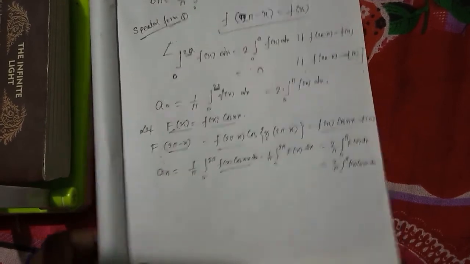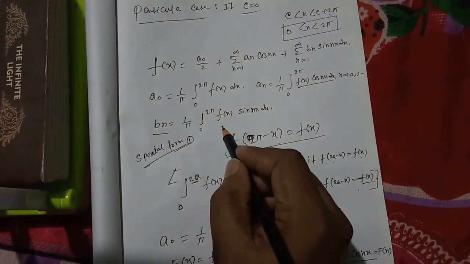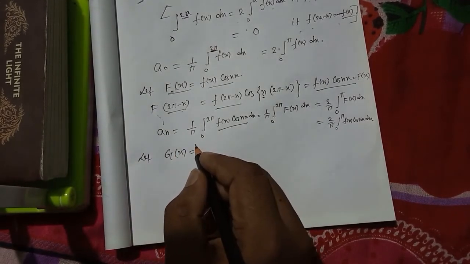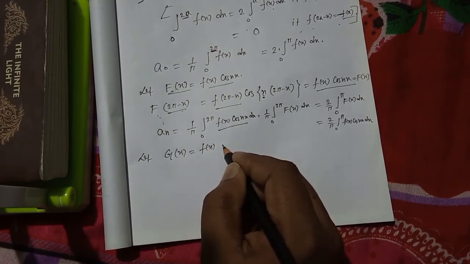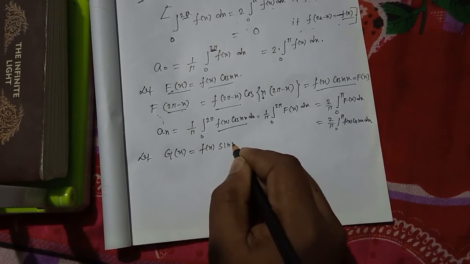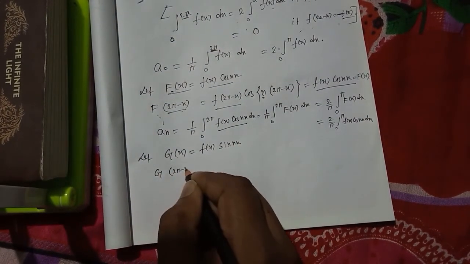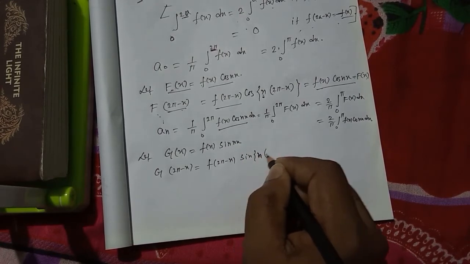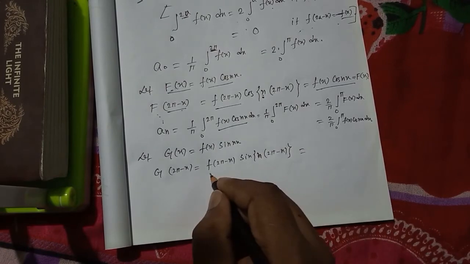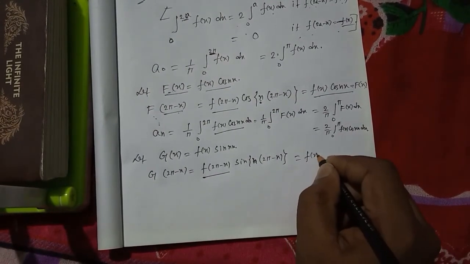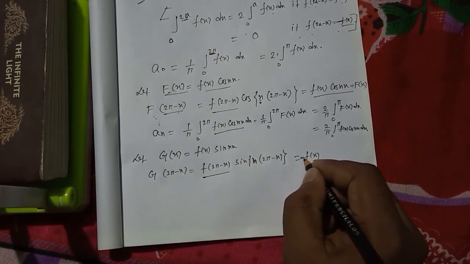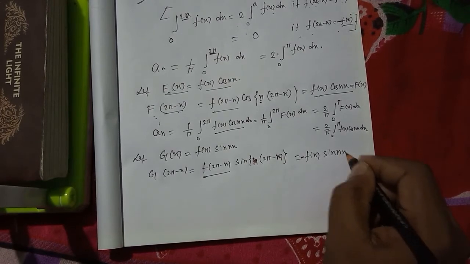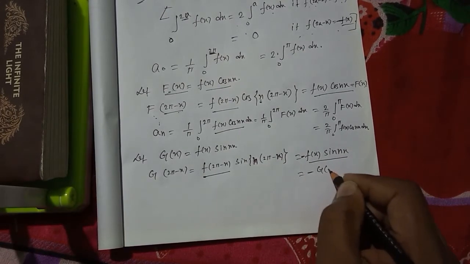And for bn, let capital G(x) be equal to f(x) sine of nx. Then we compute G(2 pi minus x). What happened? f(2 pi minus x) sine n(2 pi minus x). As f(2 pi minus x) is equal to f(x), and sine of minus x, the minus comes out, minus sine nx, and this is our